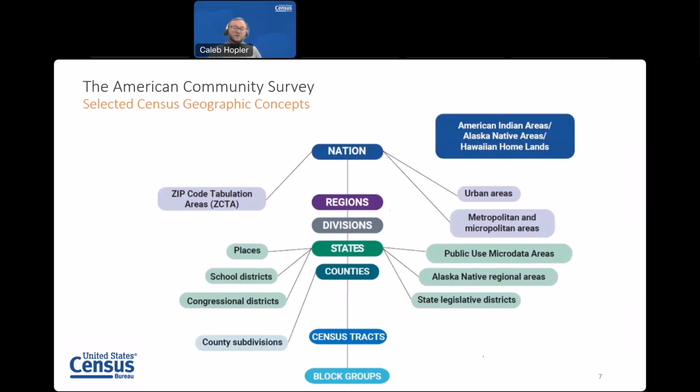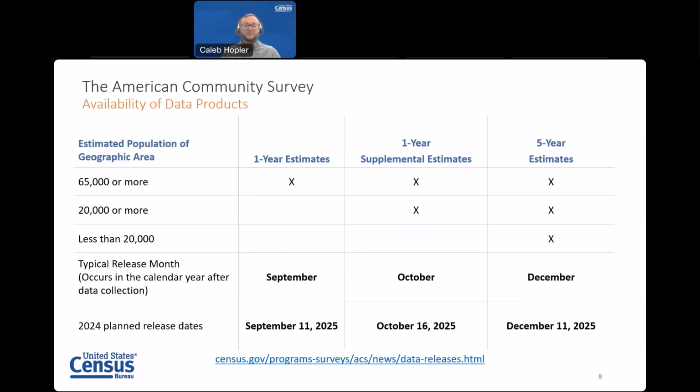Now, along with the numerous topics covered, the ACS also provides data for more geographies on an annual basis than any other household survey. So in this visualization, you can see that the smallest geographic building block is the block group, and that includes between 600 and 3,000 people each. The ACS's unique ability to report on a wide range of geographies is what gives it such a broad appeal, and partly what makes the ACS API so valuable.